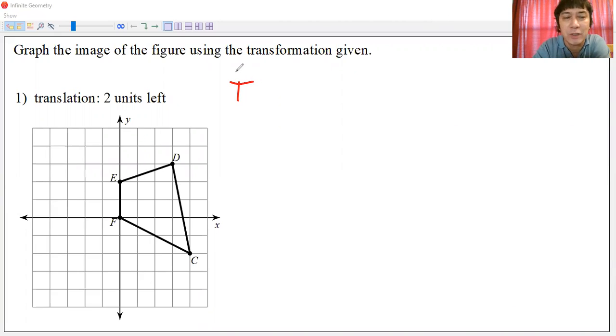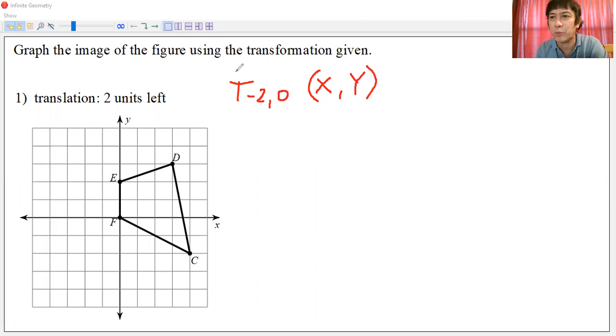And then this is 2 units left that will affect the x value. So we shall put there -2. And then since there will be no going up or going down, that means the y will have 0 change there. And this is translation -2, comma 0. The -2 is for the x, the 0 is for the y. And this will affect all points x, y. There. This is the meaning of this particular